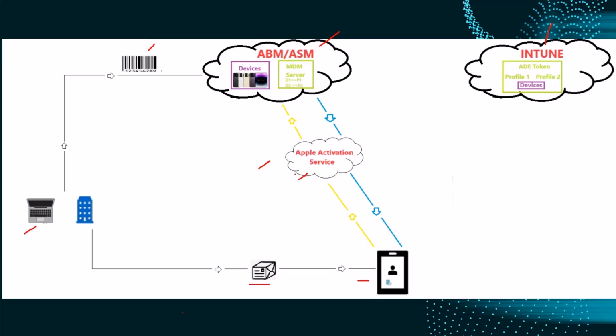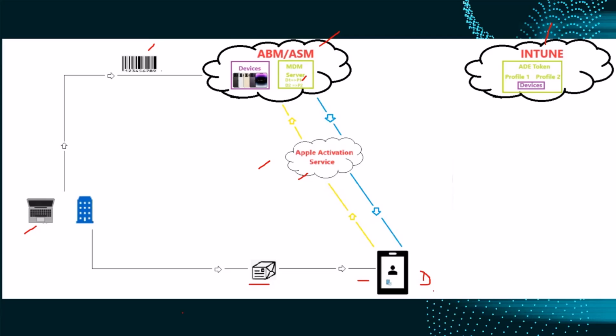It's a special device because a profile is assigned to it, right? So it has to undergo a customized out-of-the-box experience. How does it do that? First, once the device has activated, it is going to reach out to the ABM or ASM instance, and in response, the device, let's say this is device D1,